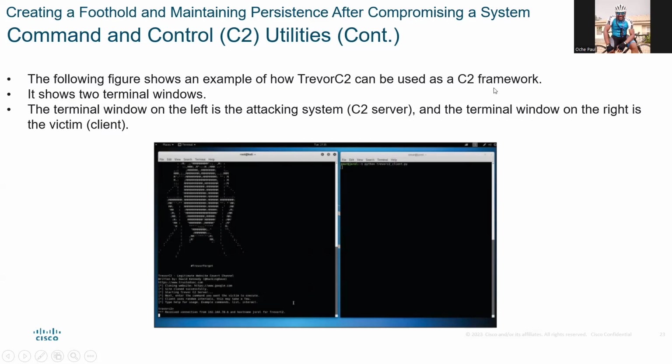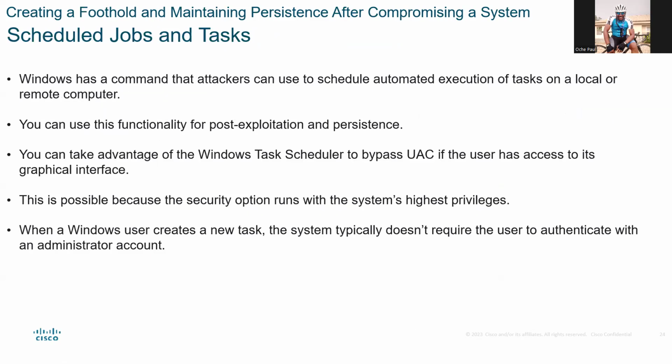So the following figure shows an example of how Trevor C2, an application, can be used as a C2 framework. The terminal window on the left is the attacker system, and the terminal window on the right is the victim client. Now, scheduled job tasks: Windows has a command that attackers can use to schedule automated execution of tasks on a